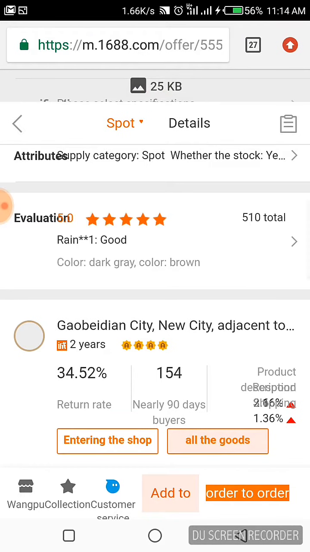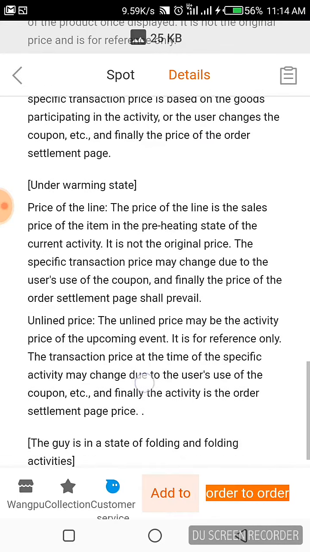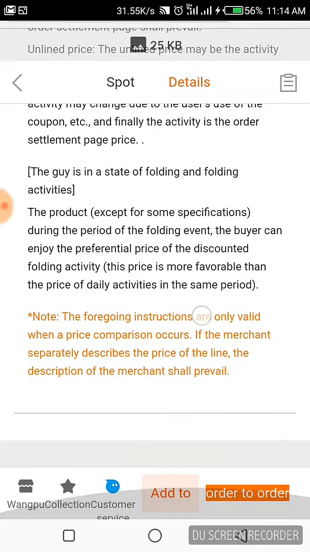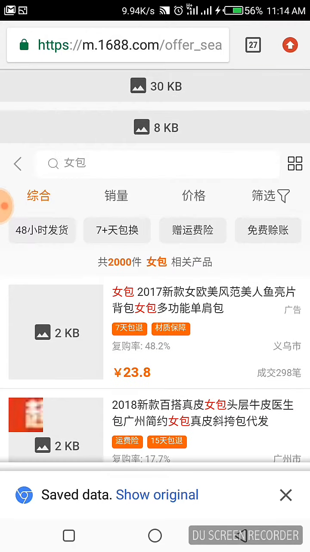And you can check for the info, the details. Check for the available colors. Sorry,